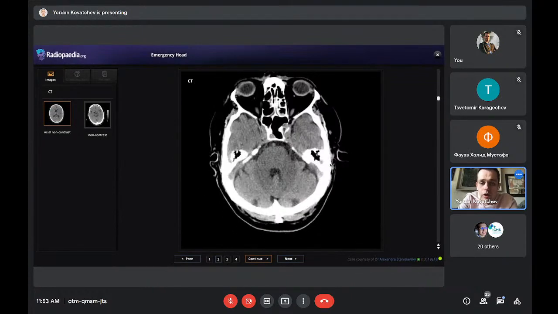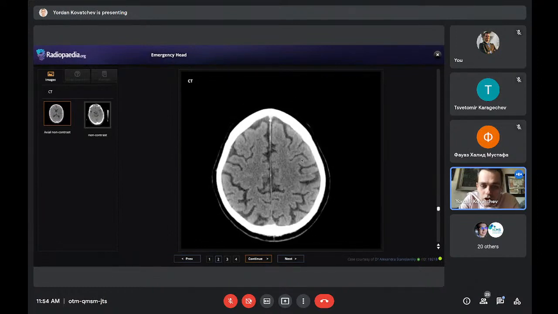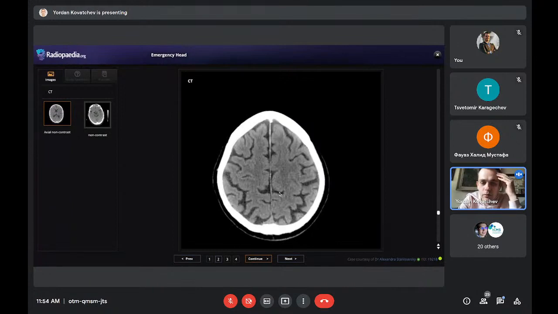So when you look at the brain, let's start from the top. You see the gray-white matter differentiation here. It's saved. Here is the cortex. It's white on the CT, or let's say a bit hyperdense, but this is the gray matter. This is the cortex, and below it is the white matter, which is a bit grayer, so they're inverted. The logic is inverted. And you see the falx, it's in the midline. There is no midline shift. You see the sulci on both sides. They're symmetrical. There is cerebrospinal fluid in the subarachnoid space. These gray areas, these are the sulci and the gyri between them.